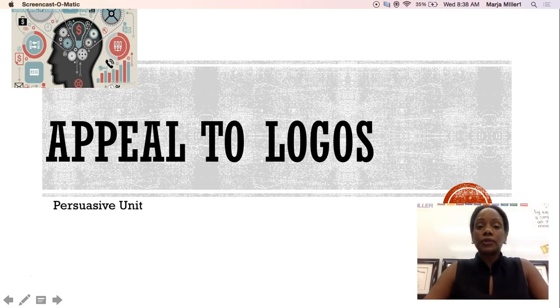Appeal to logos, or appealing to a person's sense of logic, is perhaps the most direct approach you can take. And in many cases, you will want to include appeal to logic as much as possible. However, writers or speakers like ourselves want to use a combination of appeals. We want to include appeal to ethos, logos, and pathos in our work to persuade a person to side with us.